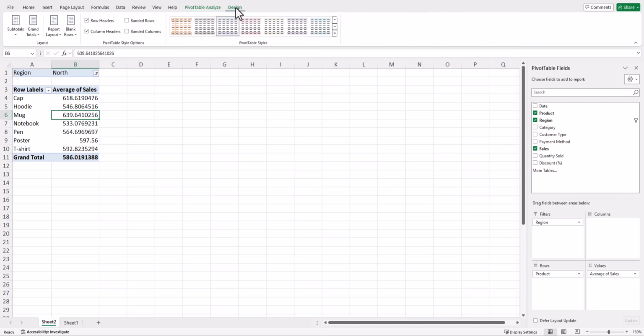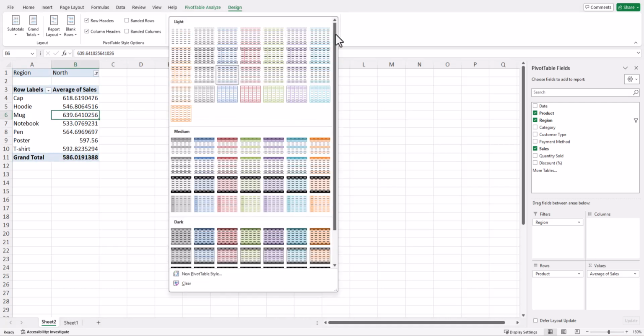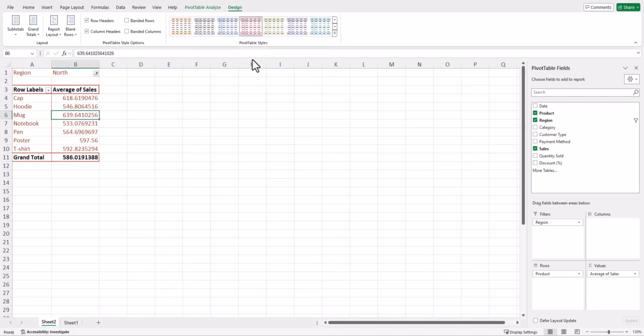Here, you'll see a gallery of different table styles with various colors and layouts. You can hover over the options to see a live preview of how they'll look on your table. Once you find one you like, simply click on it to apply the style. You can also adjust the layout from this tab, such as adding banded rows or columns to make the table